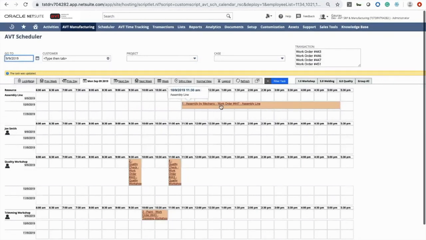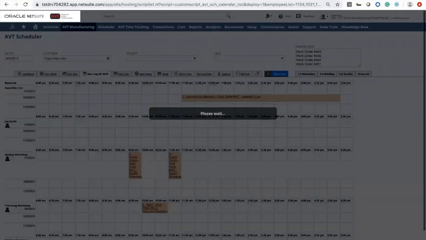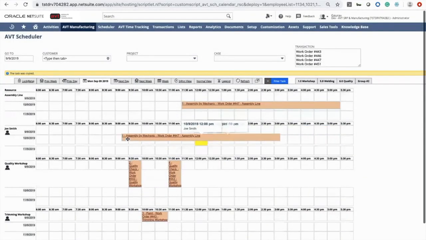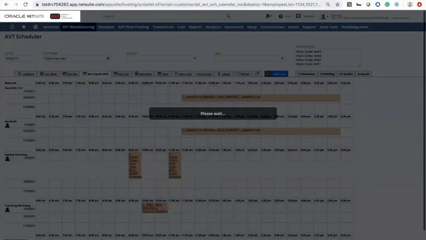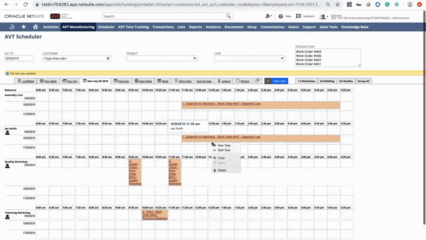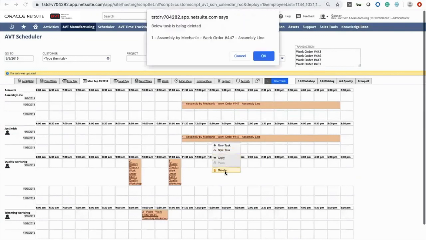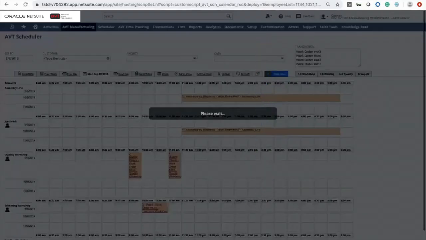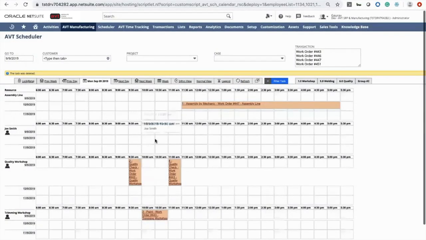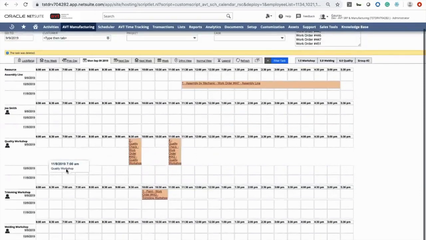And if they decide they're going to move it out to the next day or split this operation up, they can move it around. They can actually copy this operation and bring another resource into this, and put it here. For example, this one is going to happen on the 10th, and this person is going to be involved. And if they made a mistake, they can simply delete that, and that's just going to take that away. So there's interactability across multiple days from this view,